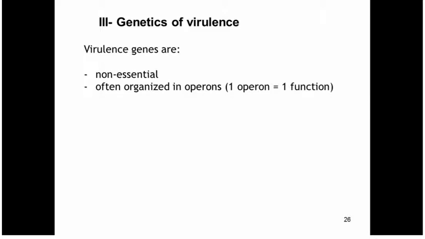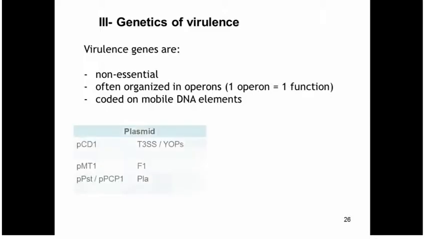So virulence genes are non-essential. They're often organized in operons, so you have several genes all together on the same stretch of DNA that will need to be expressed together to perform the function. And they are coded most of the time on mobile DNA elements. These are either plasmids. So for Yersinia,